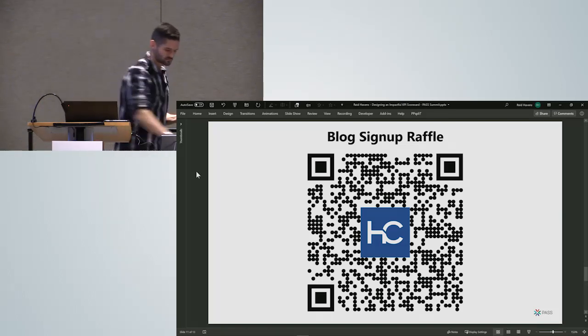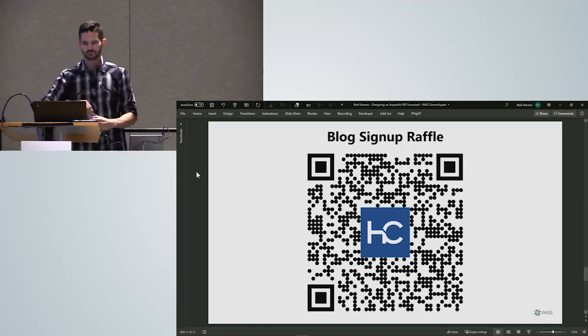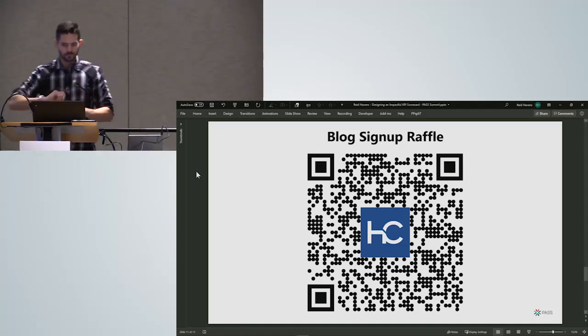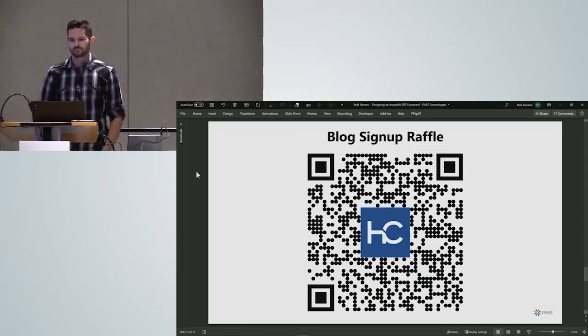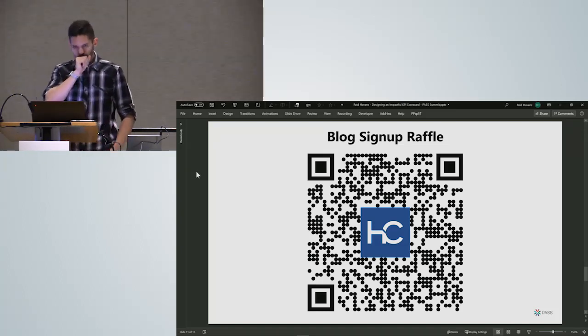Yeah, so I was wondering, you talked a little bit about accessibility. What do you do for visually impaired people? The other question I had was about responsiveness. Do you make this a responsive card, or is it just like a single embed, or how do you approach those two problems?